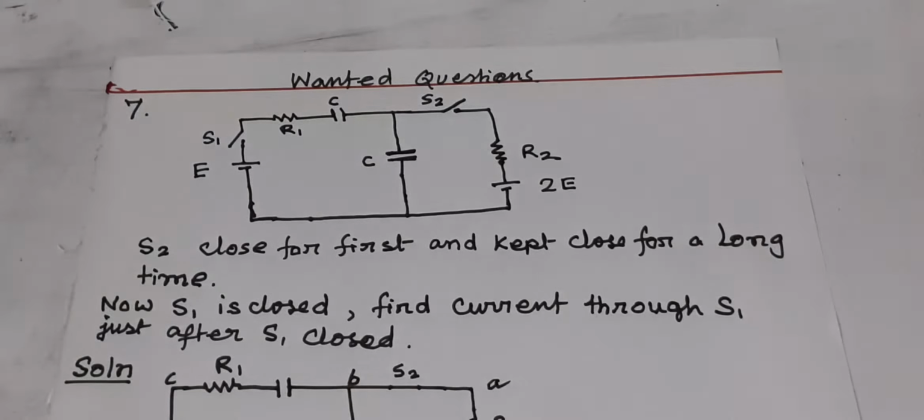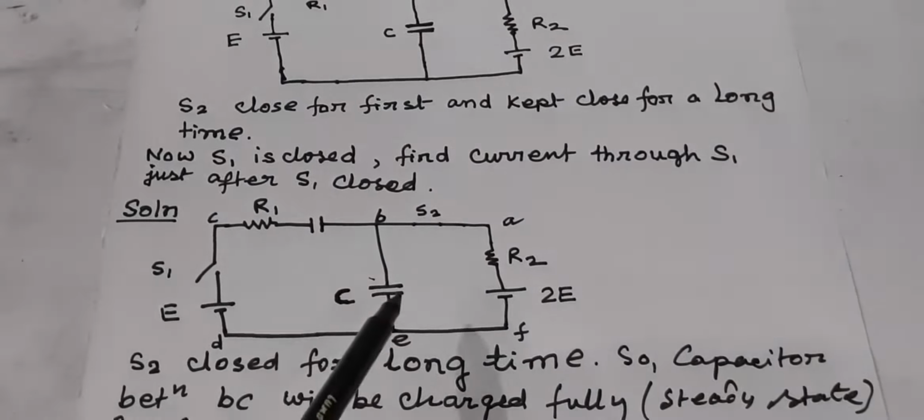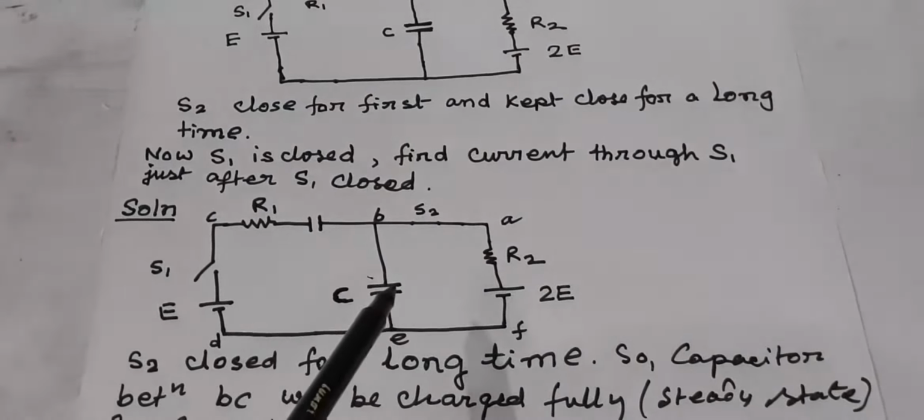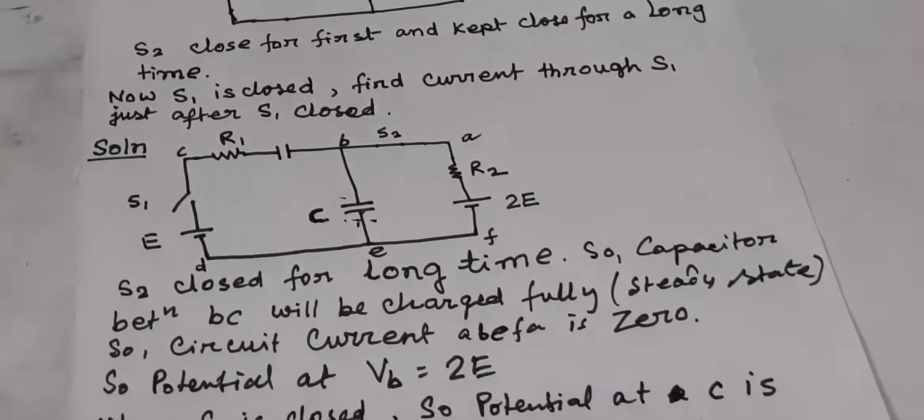Now S2 is closed first and kept closed for a long time. I mean S2 will be closed first and this capacitor will be charged to the maximum extent. Total charge will accumulate because enough time is given here. That means this capacitor is fully charged, and that amount will be